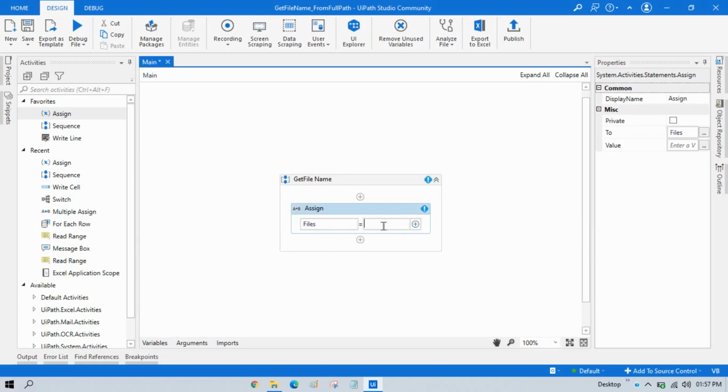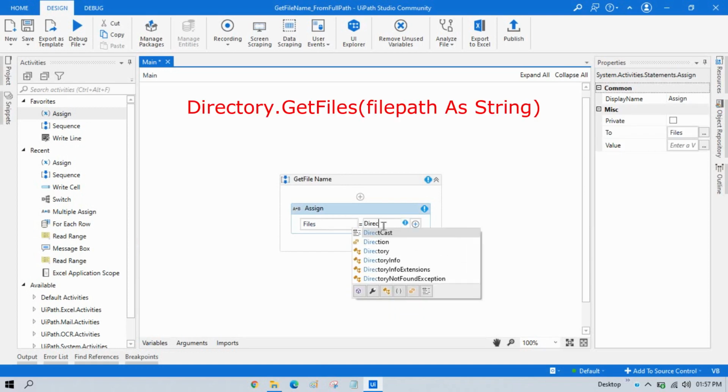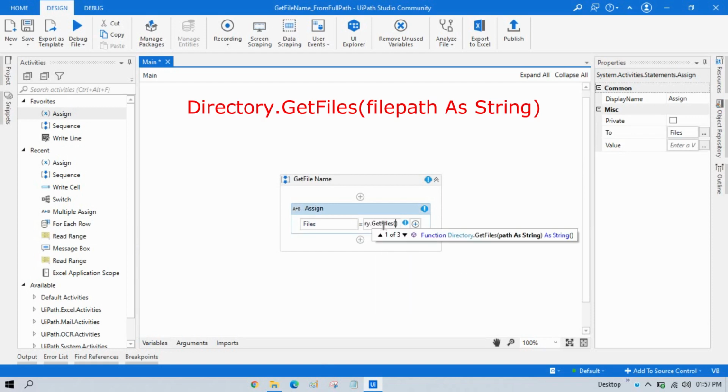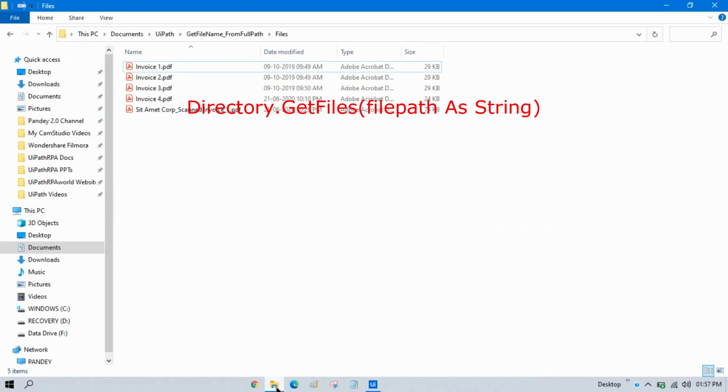And here we need to write Directory.GetFiles. I can pass the static, hard-coded values here, but I am going to get files from this folder at runtime.